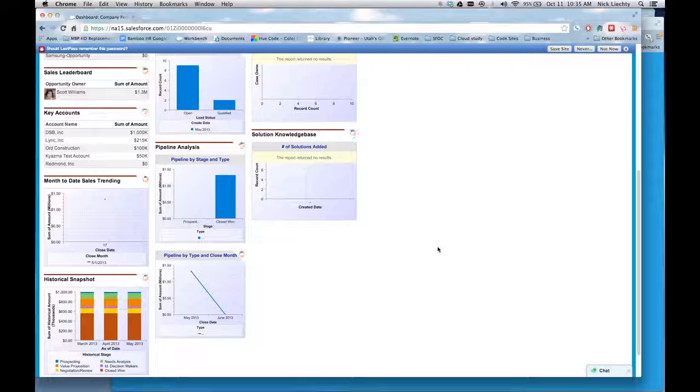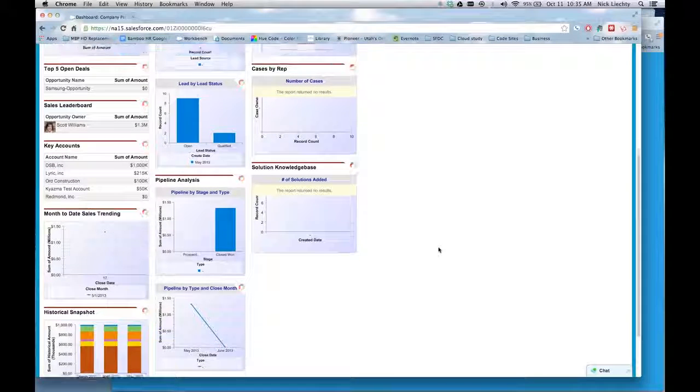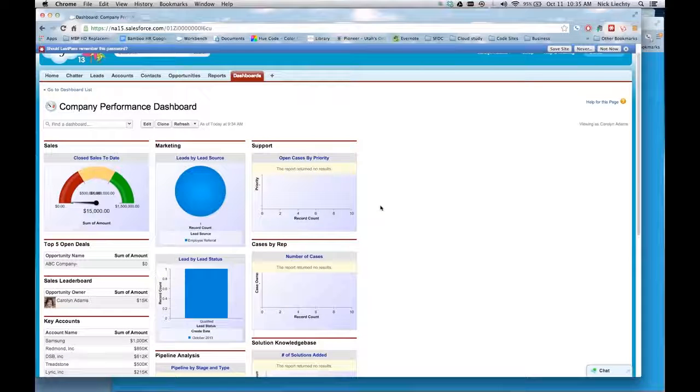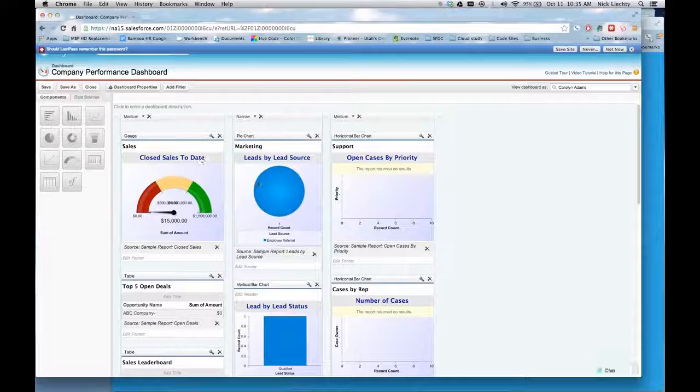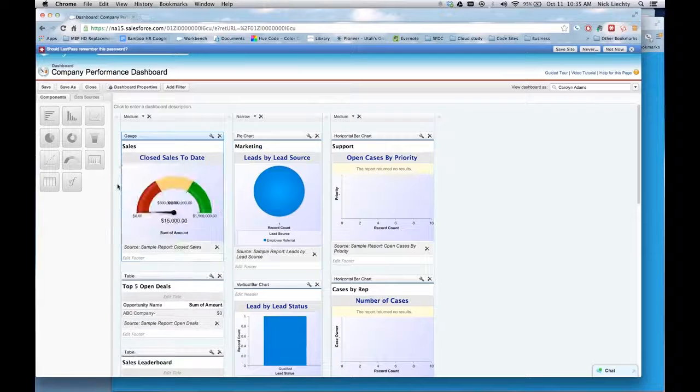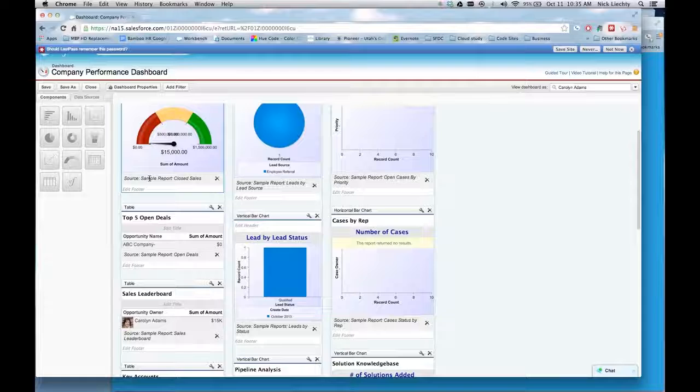It may take a minute because we've got maybe 10 or 15 reports based here. That was pretty quick, maybe 30 seconds to run. So we can edit an existing dashboard, and I had already mentioned how we can change the visual representation by just dragging and dropping. Or if we want to change the source, meaning which report is actually showing here,